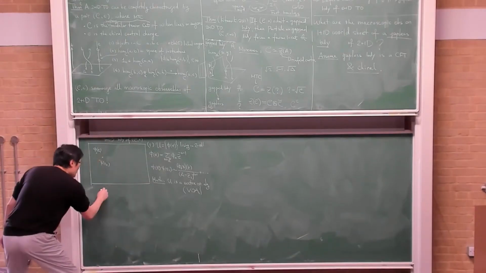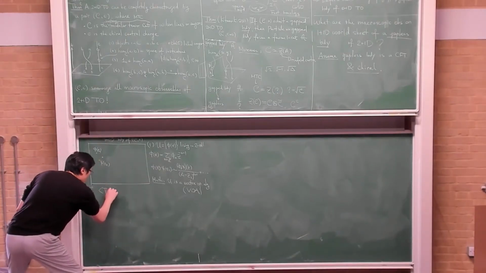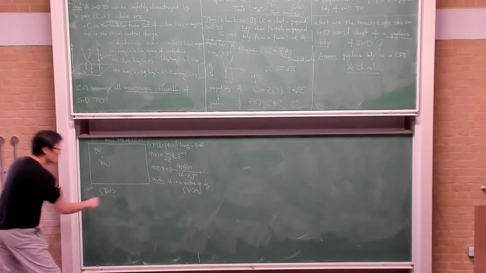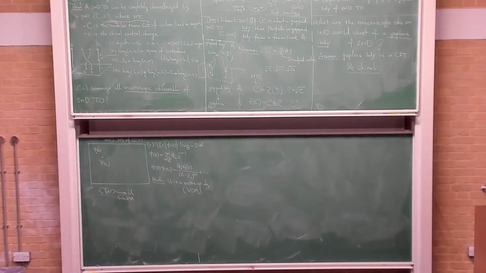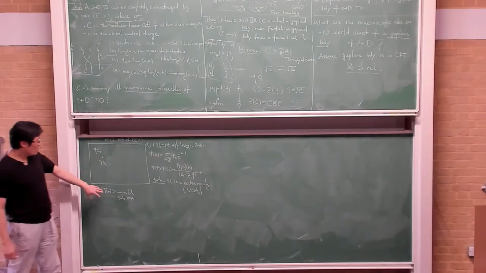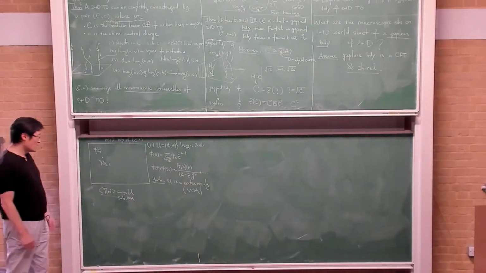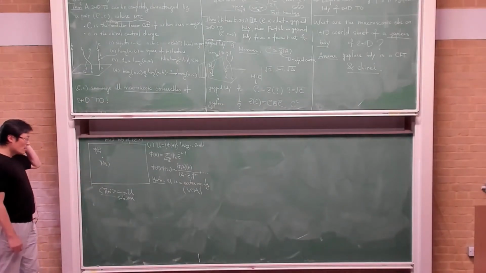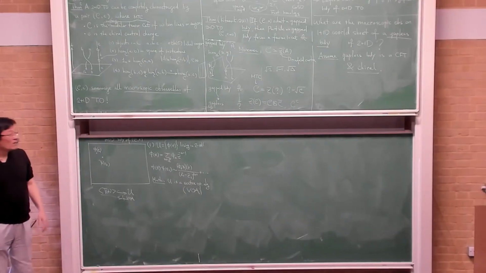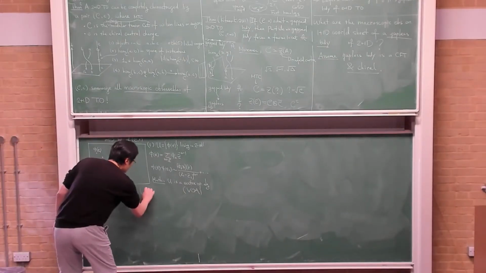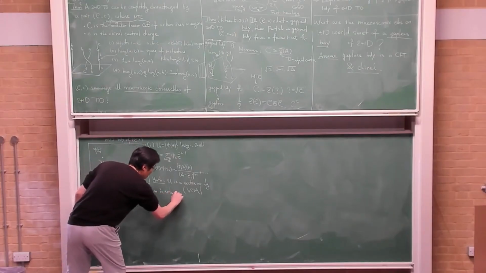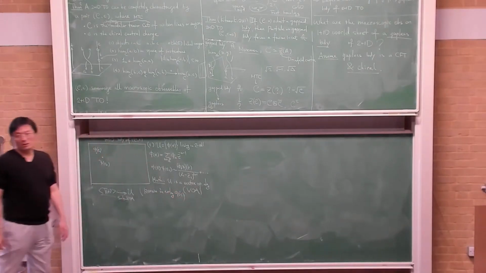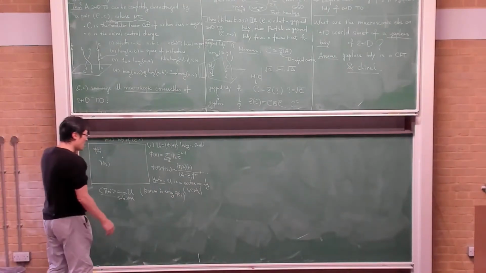Inside this VOA, there is a subalgebra generated by the energy momentum tensor, which is a sub VOA. It's very important later. You know that the components of this generate a Virasoro algebra of central charge C. So that's the first data. This is known in the early 90s, so it's not new. People know this already. However,